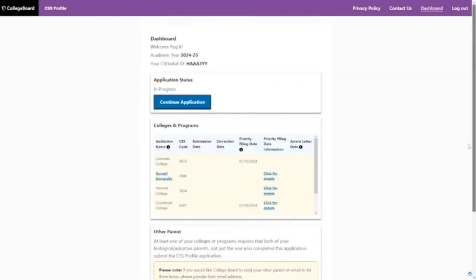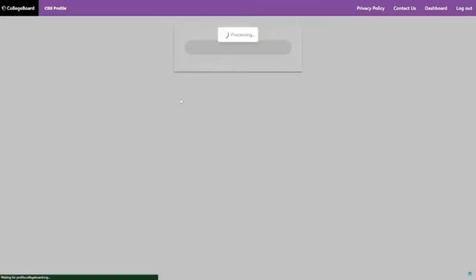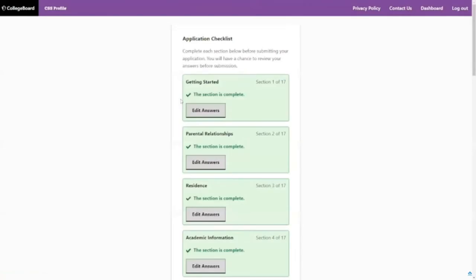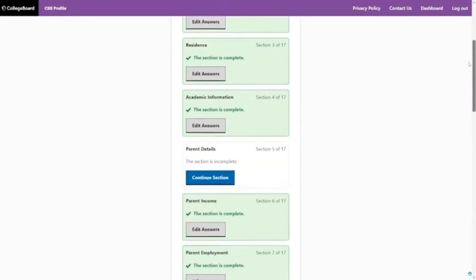So you want to make sure, again, you provide that email address. So let's go into the actual form. Because I've already done this, this is all you can see. All these sections are complete, most of them at least,